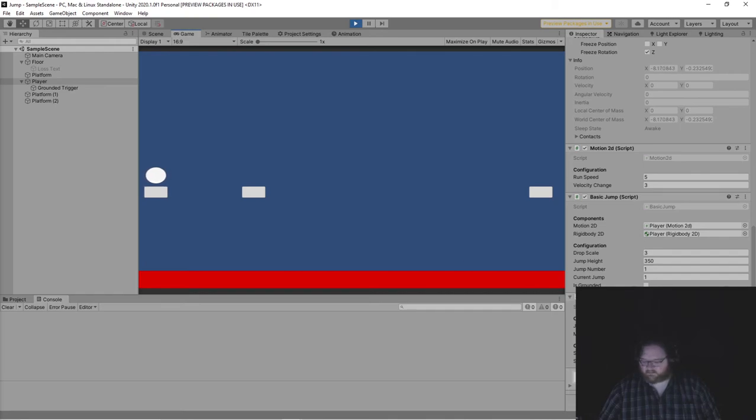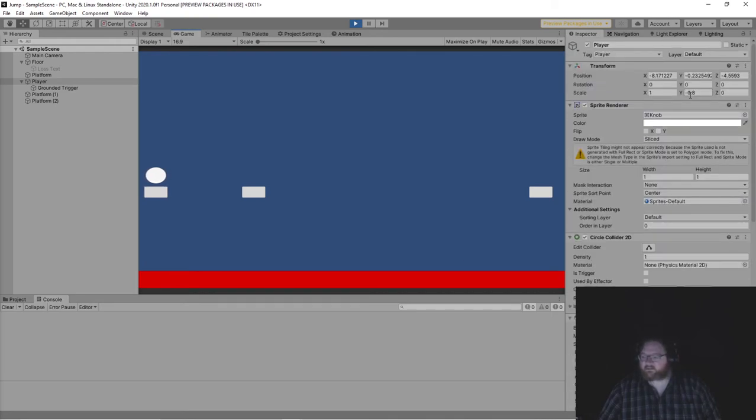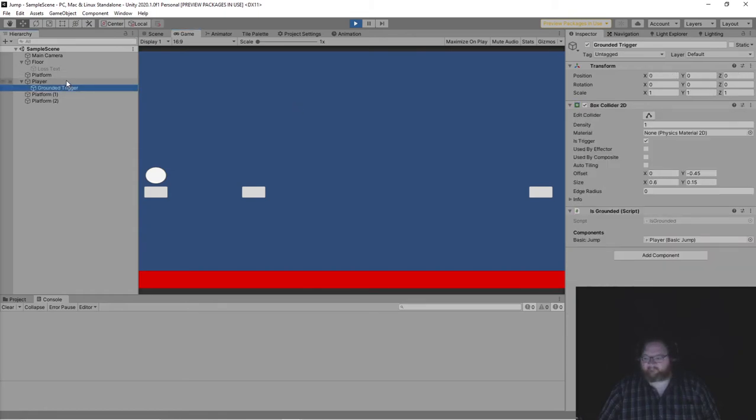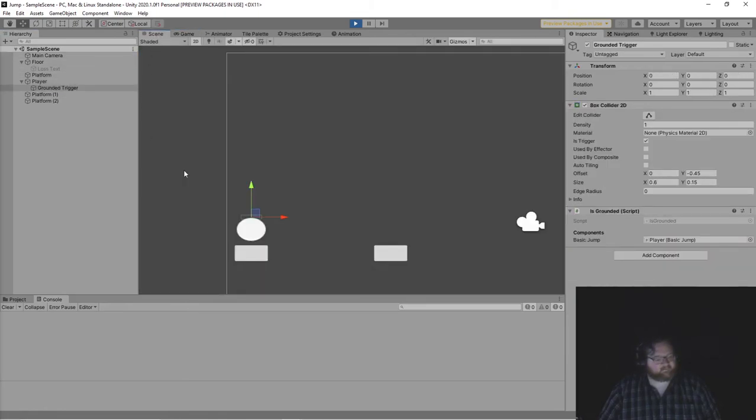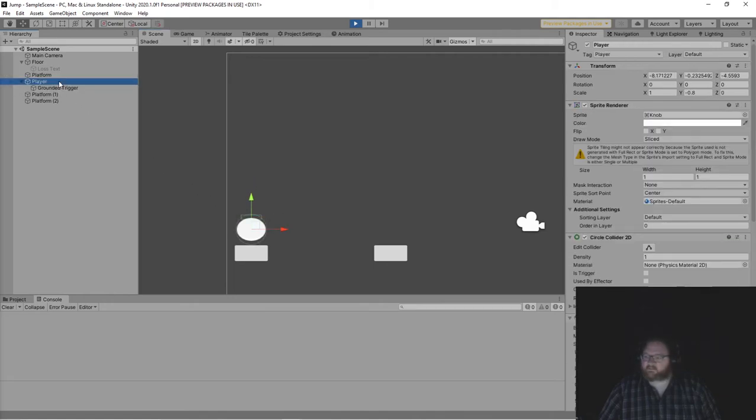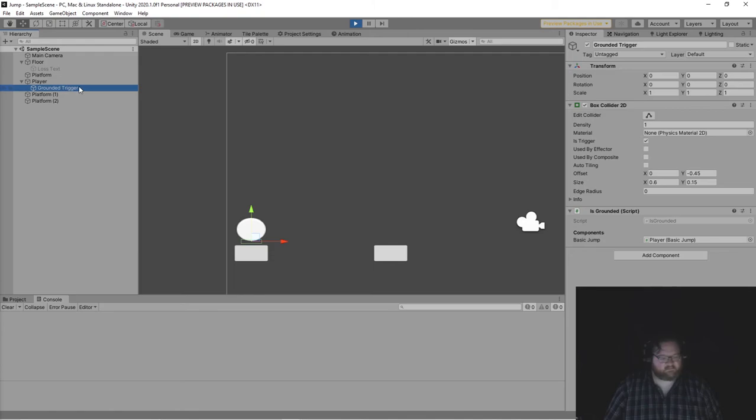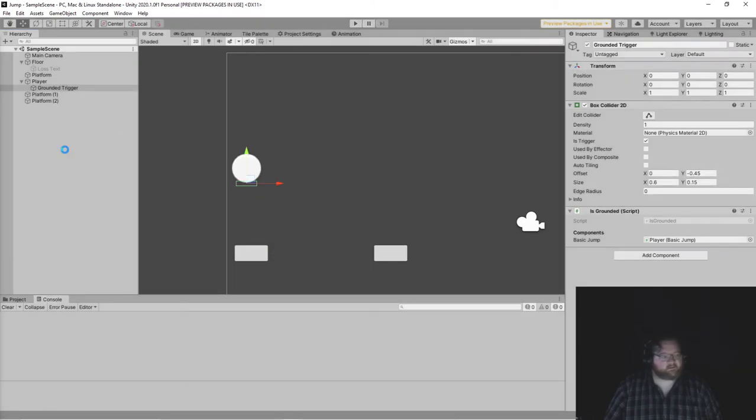What we get is this squashing, and that's just not working. There we go. Whoa. Because that should not be -0.8, that should be 0.8. Ground trigger should not be affected by that. So,